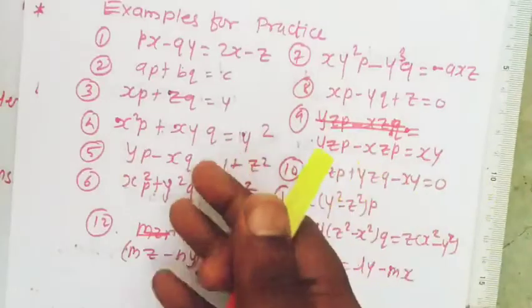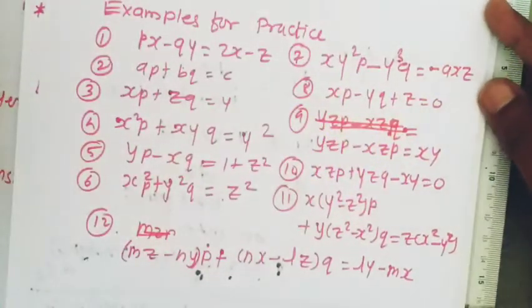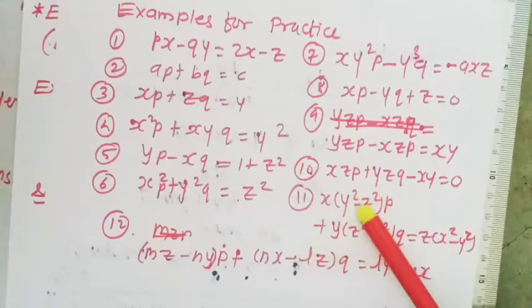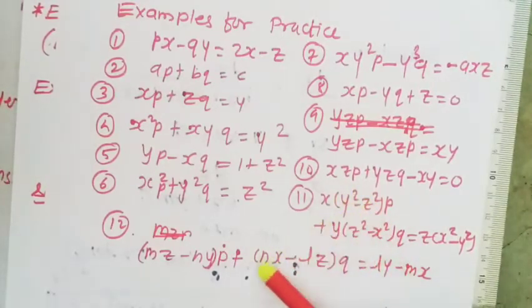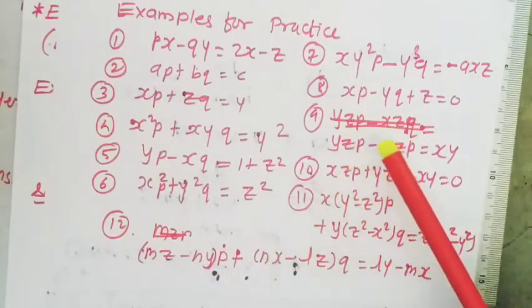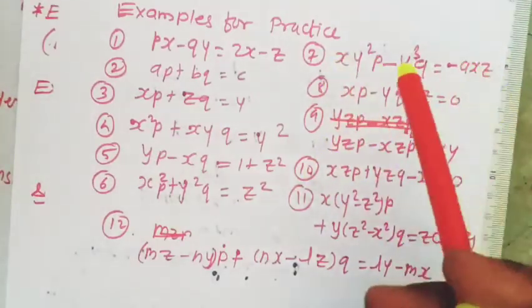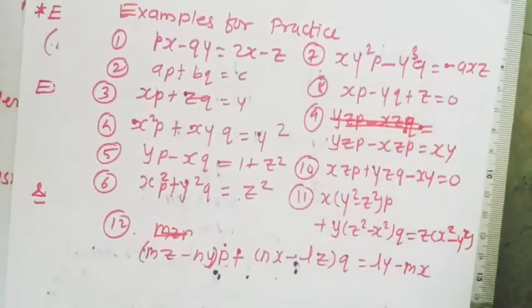Then directly some examples will be there where two groups you will get. And there will be some problems, problem number 11 and 12, based on the multipliers. Here you need to guess the correct set of multipliers. These are quite similar to the examples that we have solved. You can easily identify the multipliers. There are also some problems in which we use the first relation obtained to obtain the second relation. That type of problem we have also discussed.